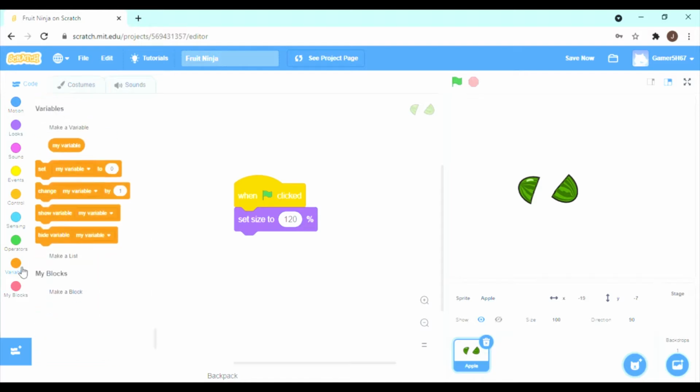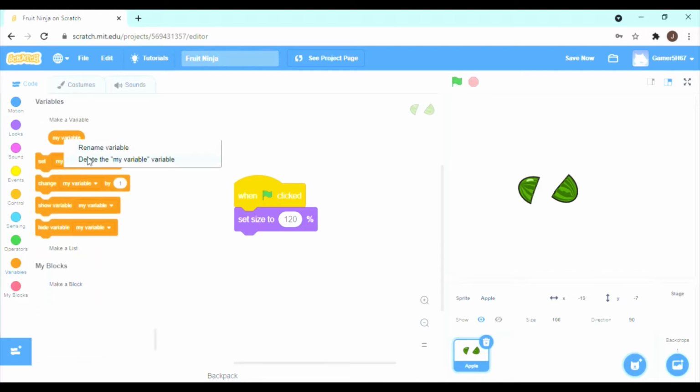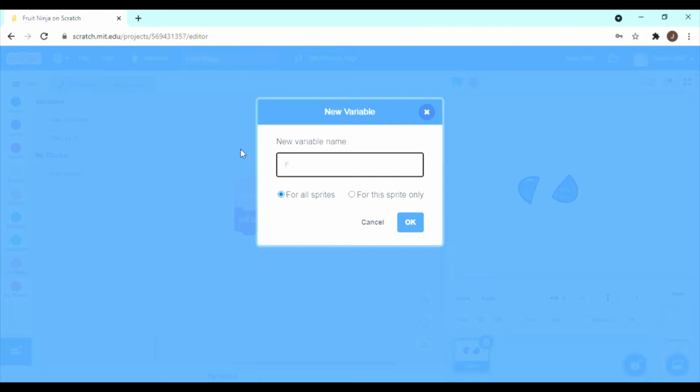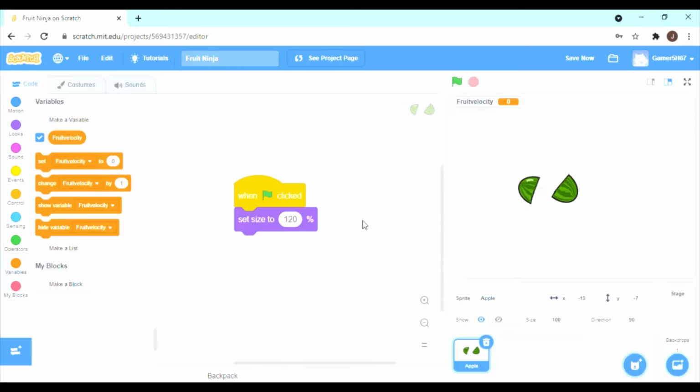then you will make a variable. Just right click this variable and say delete my variable. You don't need it. You make a variable called fruit velocity. So then you can say it for all sprites if you want. It doesn't really matter, I don't think. So then uncheck that and then say